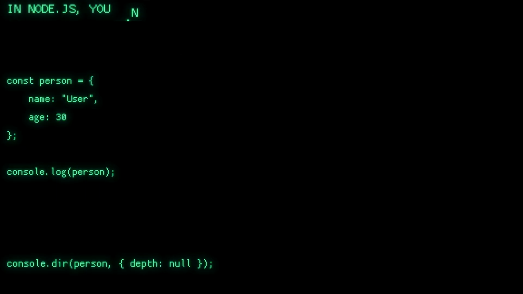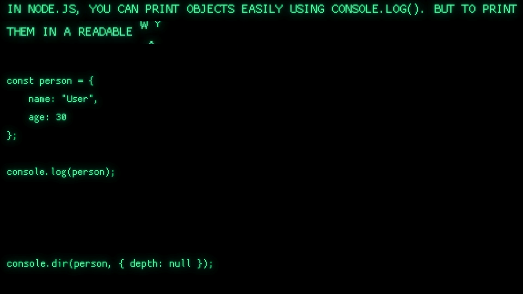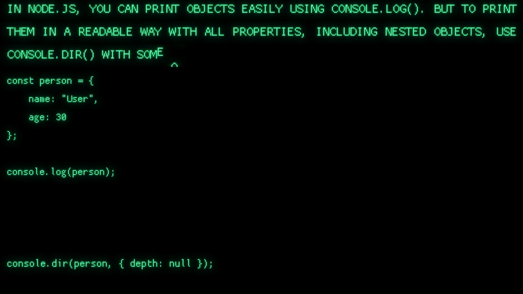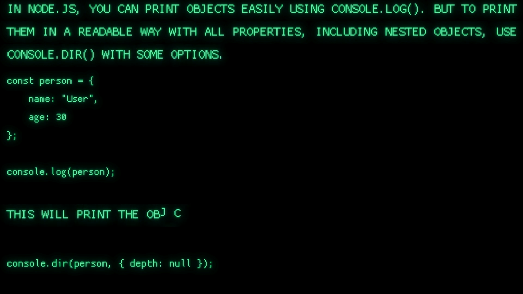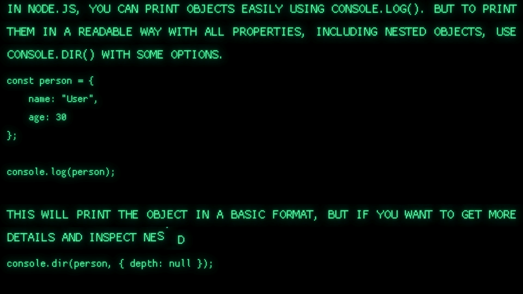In Node.js, you can print objects easily using console.log, but to print them in a readable way with all properties, including nested objects, use console.dir with some options. This will print the object in a basic format, but if you want to get more details and inspect nested